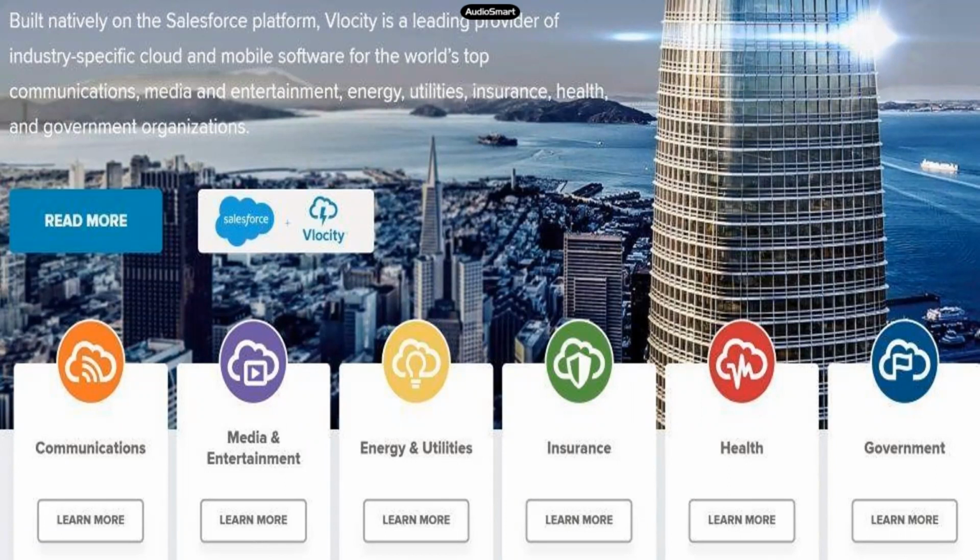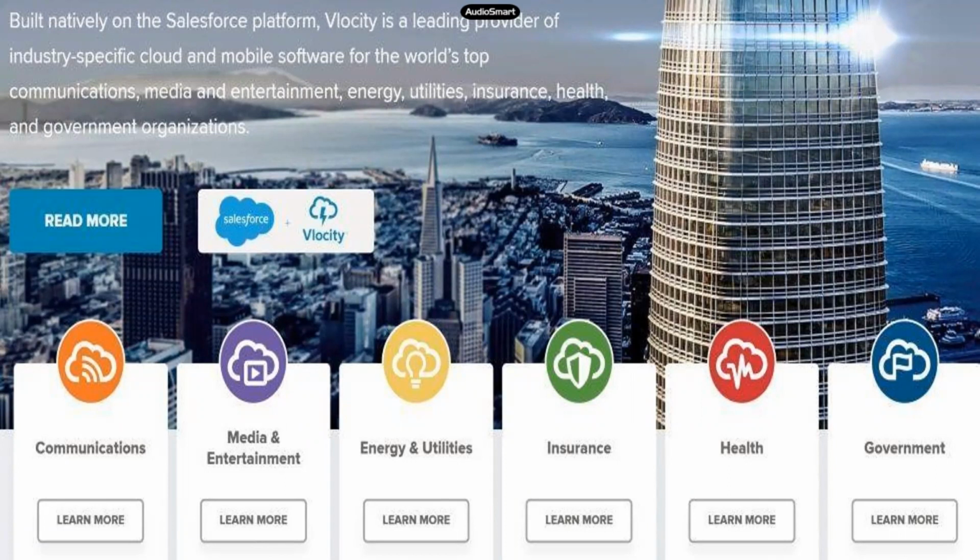Let's say there is a client and they have been in Siebel for a long time. Now they want to move to cloud, so they are going to use, let's say, Salesforce, and to build everything right from scratch is going to take a lot of time for them, a lot of effort, and who knows how the end product is going to look, right? So that's why Vlocity has come up with this idea,